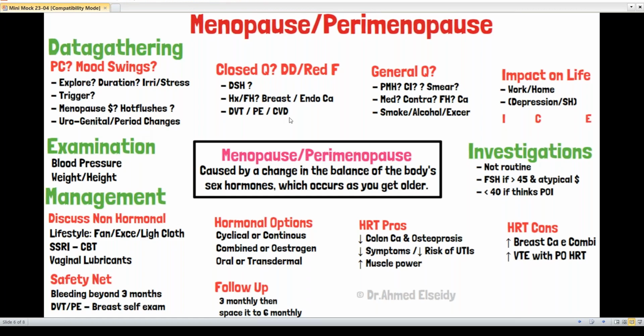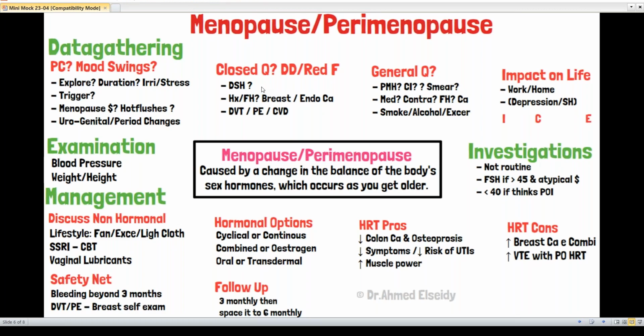Second step, as we always do, close the specific questions to rule out red flags and differentials. What would be my red flag here? My first red flag here, she's feeling irritable, she's feeling anxious. I will ask about self-harm. Amy, sometimes when people feel irritable or anxious or overwhelmed, they might have self-harm thoughts. Was that ever the case with you? No, doctor. Now you are a safe doctor.